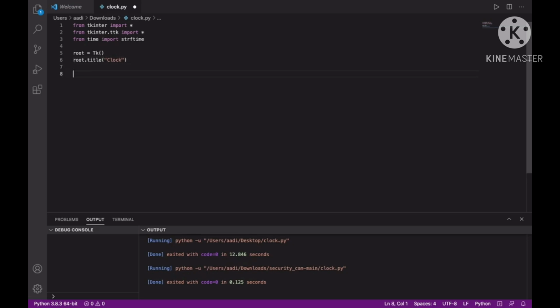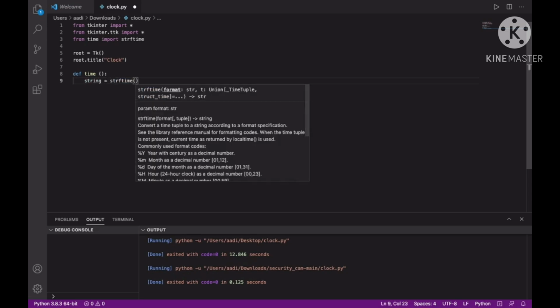Then in the next line you have to create a function named time. You can use any name you want. Then with the colon, the text editor will automatically indent from the next line. So string is equals to strftime. Then we have to specify the time format like hours, minutes and seconds.